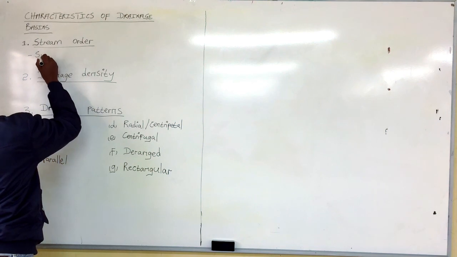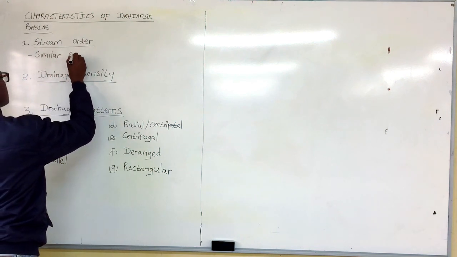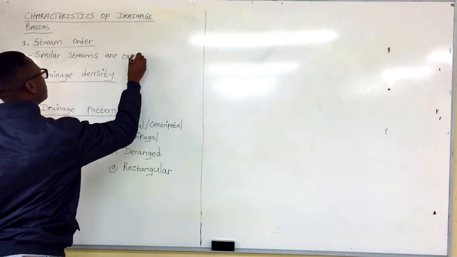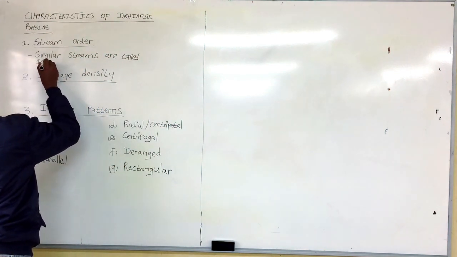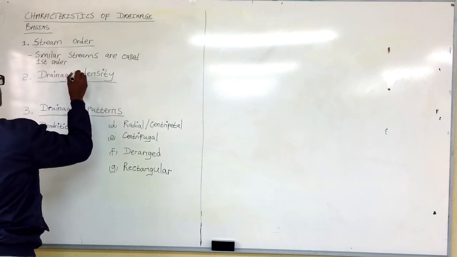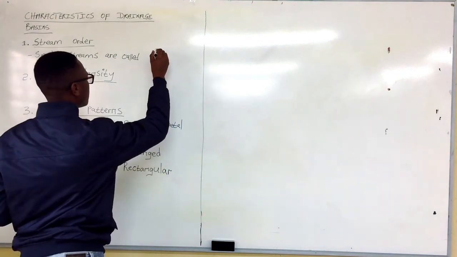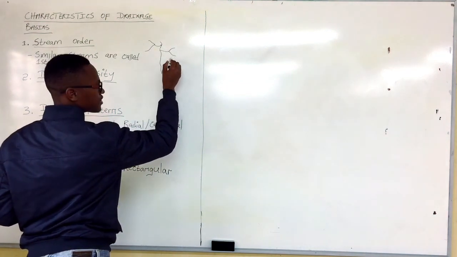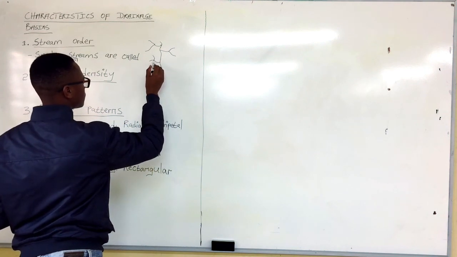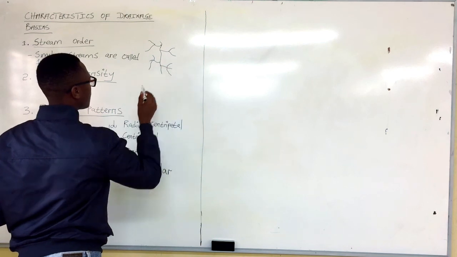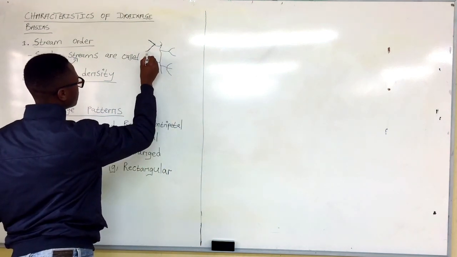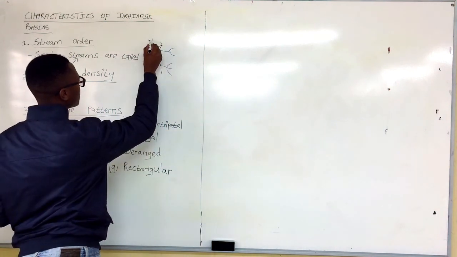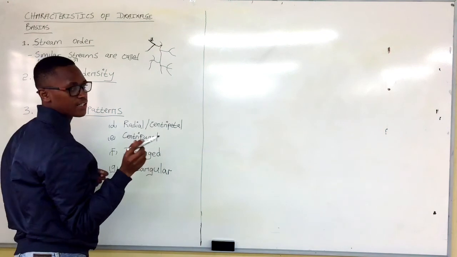Similar streams are called first order streams. So for example, if we have this sketch of a river system, so this is our first 2 streams. So when we calculate, we say this one is the first stream, and then also this one is